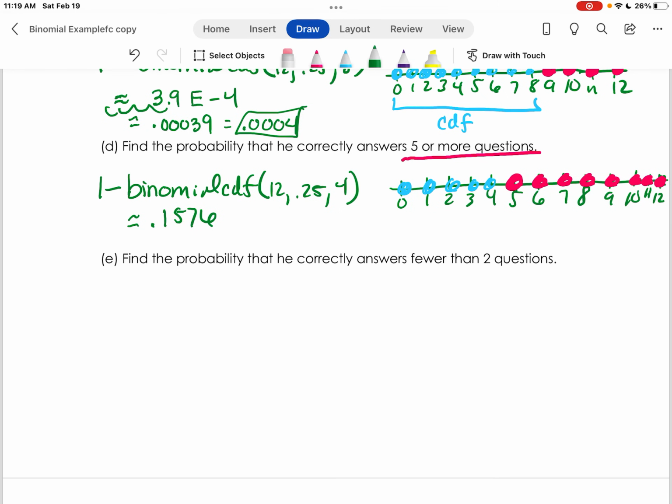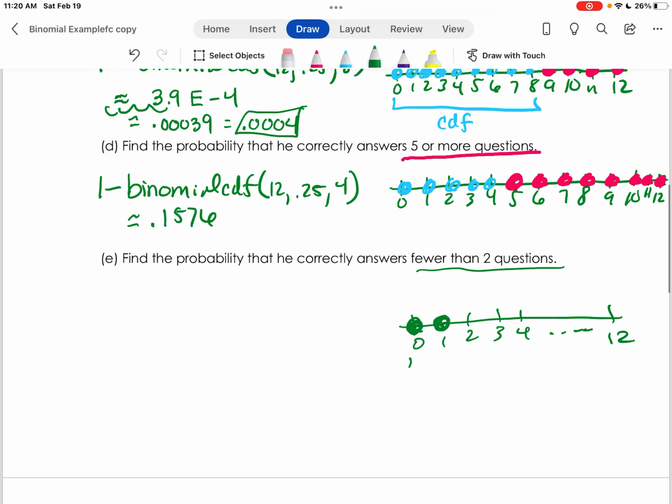The last question says, find the probability that he correctly answers fewer than 2 questions. Fewer than 2 questions means you're not including 2, it's less than 2. So either 0 or 1. Now here we can use the CDF directly without having to subtract from 1 because we're just adding up everything up to 1. So I'm just going to do binomial